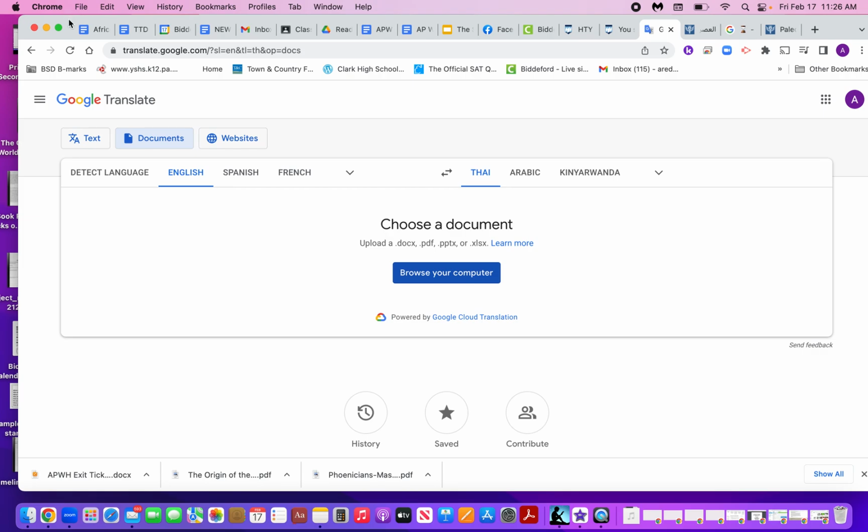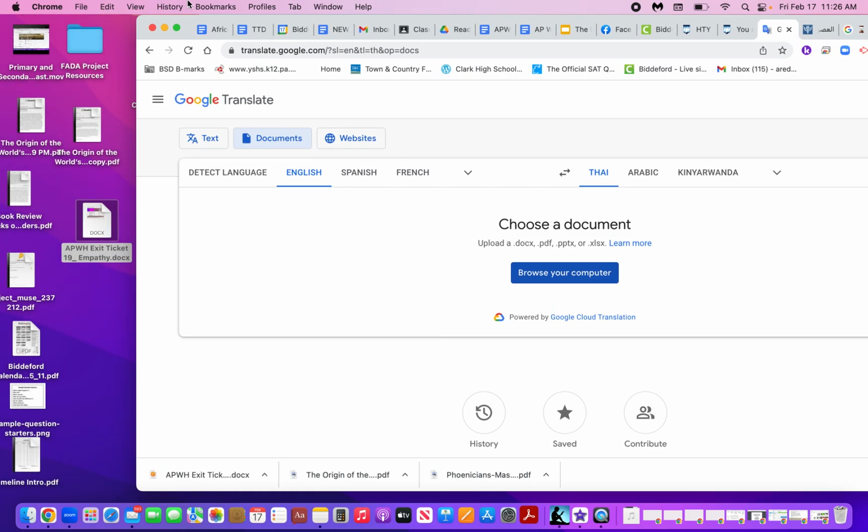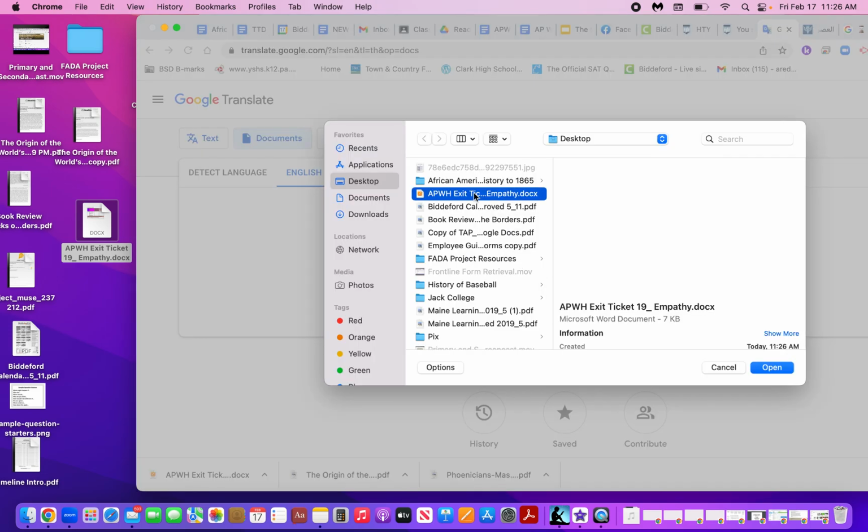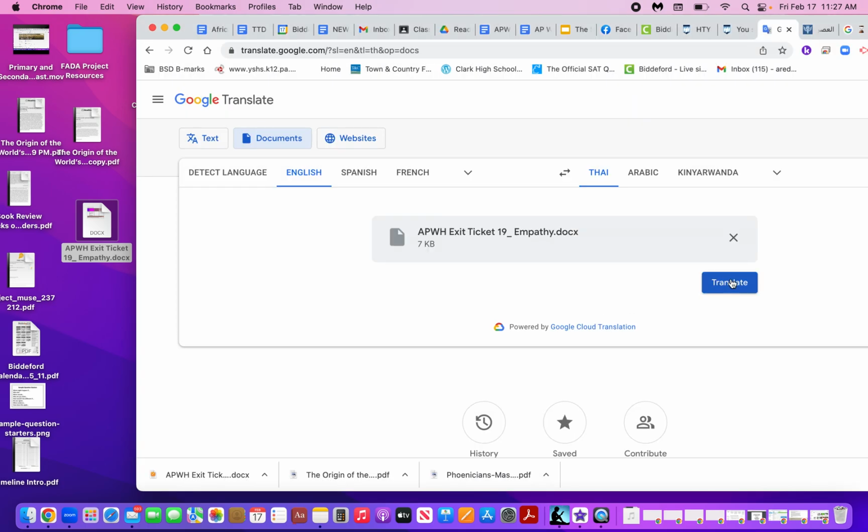If you turn it into a PDF, what's going to happen is it will corrupt the formatting of your graphic organizer. So if you have something that is formatted a particular way and you want to maintain the integrity of that formatting, you want to put it in as a Word document. So again, I browse my computer. I find the AP World History, and it's a docx, and here's the formatting. And with any luck, when I translate it this time into Thai,